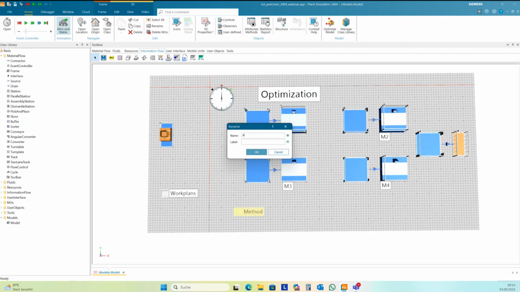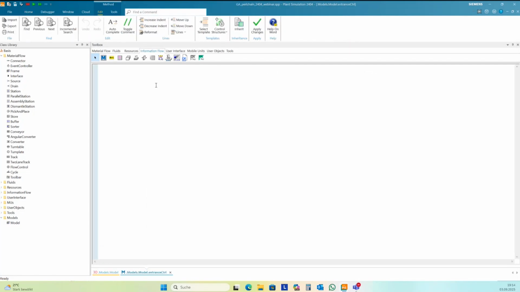This should be the entrance control of the stations. And this is quite easy. I need to set the proc time of this station.